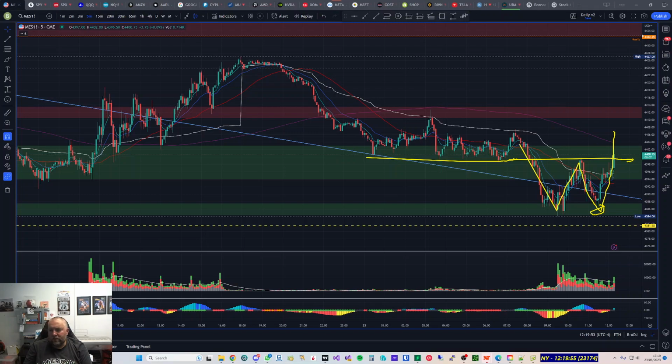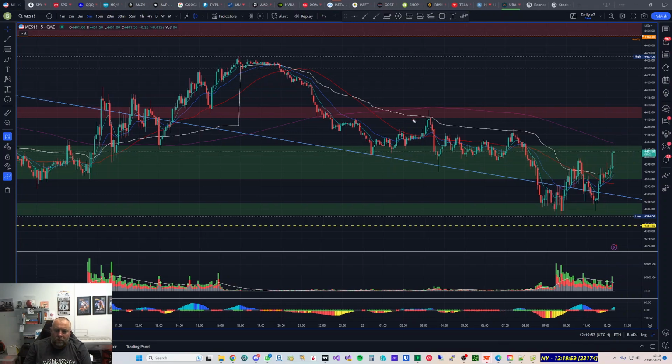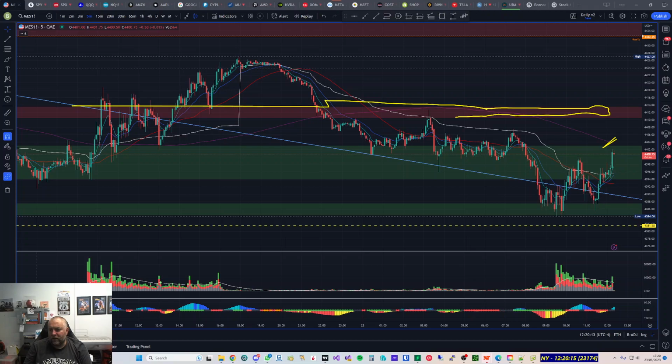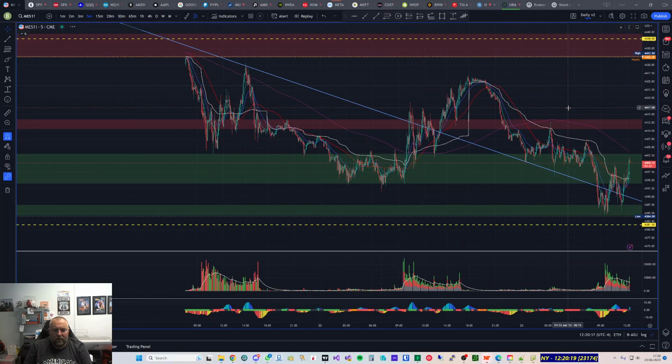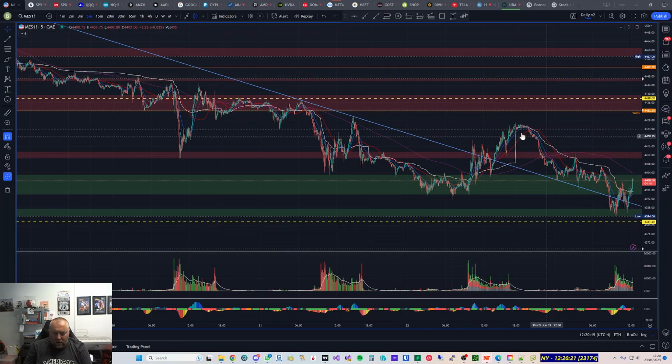So if I was around to the end of the day, what would I take? I would be watching this area here for a higher risk rejection scalp, and don't forget we've got the 200 here as well, and we've got a bit of resistance coming from over here as well, so I think that would be a nice rejection area. And have we got anything above it? Well, the next obvious area is possibly